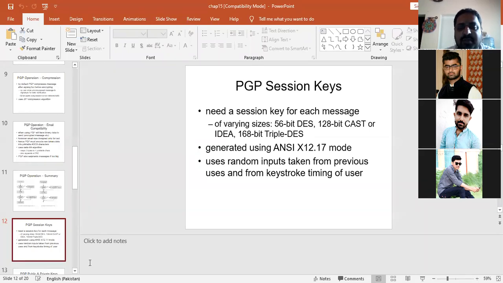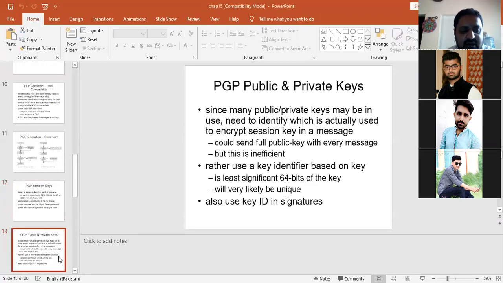So that's why it depends on the size of the key as well. So we also need to select a particular size for the key, so that we make the algorithm more secure. And then we have other keys which are also used by the PGP standard, because it is